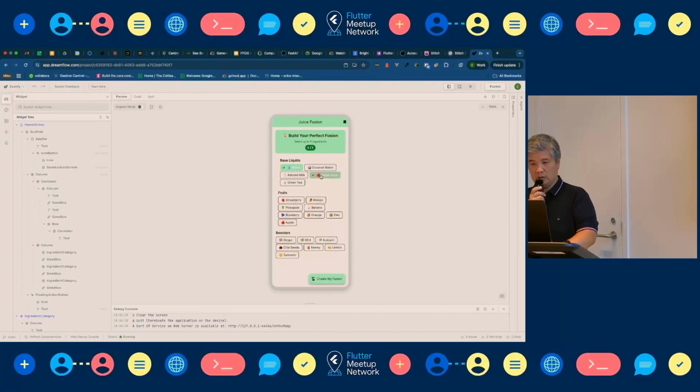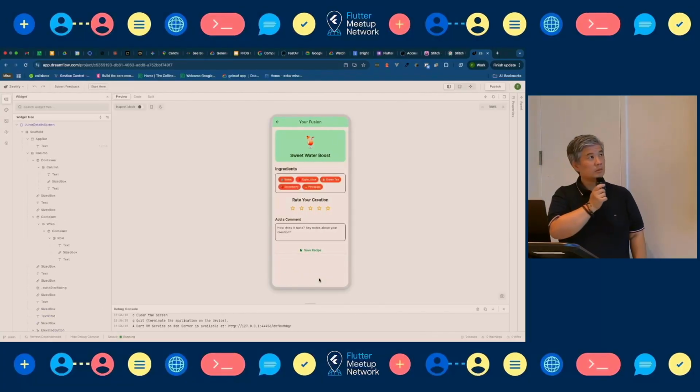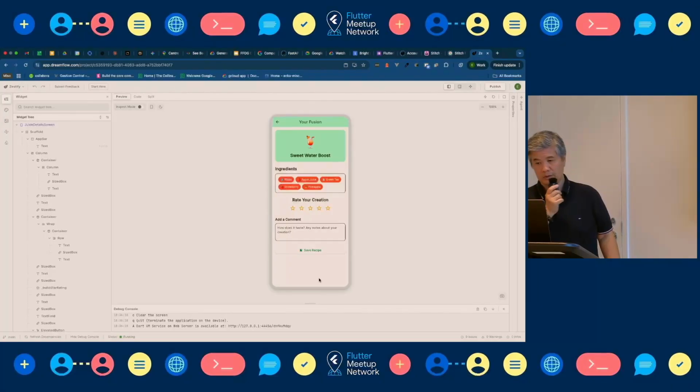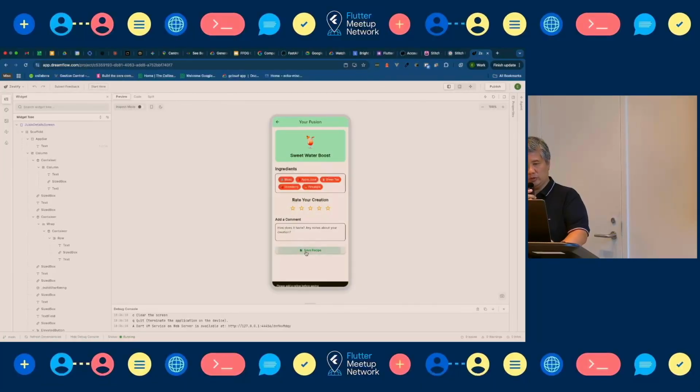So, you can select, yeah, cool. So, yeah, it works. The main thing is that I asked him to generate a funky name following the ingredients I have selected. So, it's called Funky Water Boost. And what I want is maybe to rate my creation, to add a comment, and to be able to save my recipe.